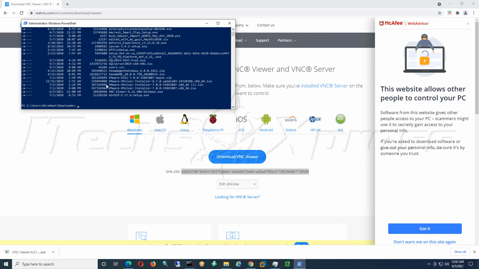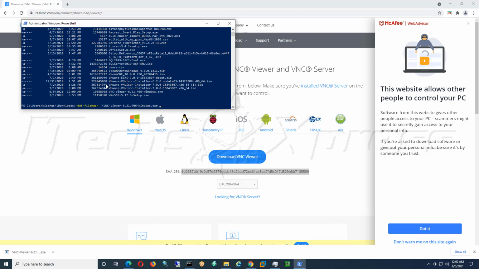Yeah, VNC. So to confirm that this hash on the website matches what I just downloaded, I believe we use Get-FileHash. Hopefully that is a valid command. Yes, it is. All right, and then we are going to target VNC,